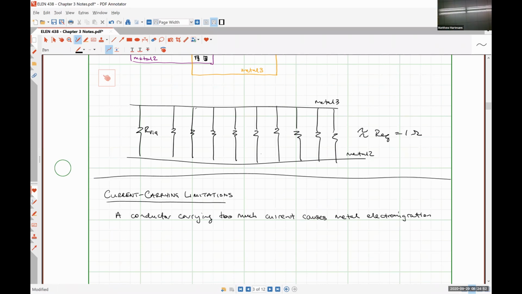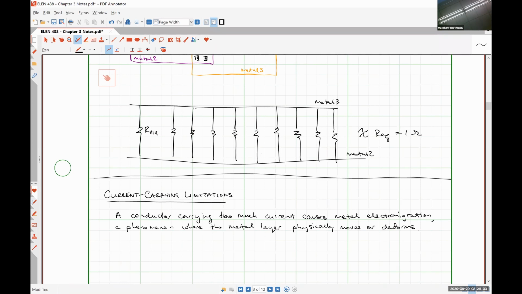So electromigration is a process or phenomenon where the metal layer physically moves or